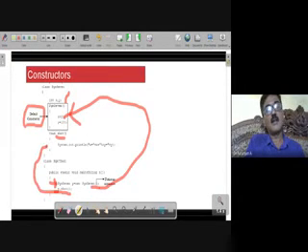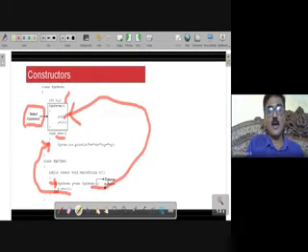Only when I invoke it does the show method get executed. However, I did not invoke this constructor. It got automatically invoked. When did it get invoked? Whenever an object got created.